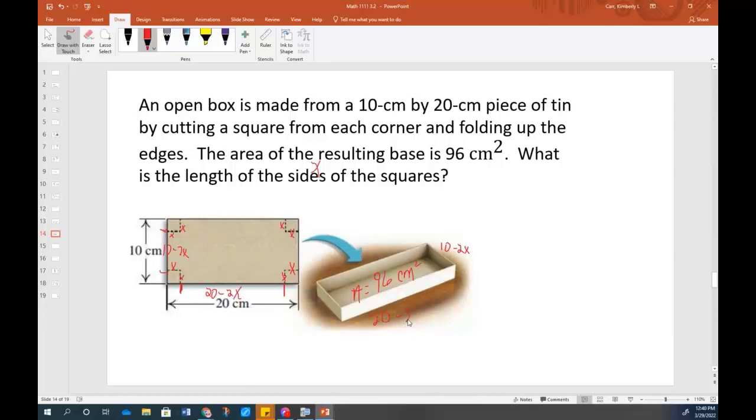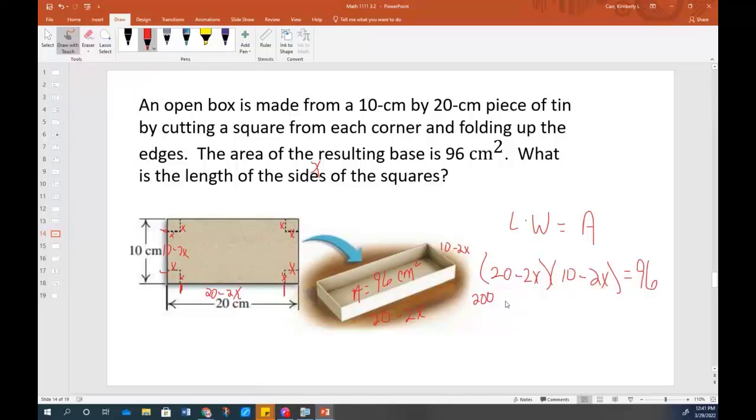We know that length times width is my area. And that means that I have 20 minus 2x times 10 minus 2x, that's my length times my width, to equal my 96. Now I need to solve this for x, but unfortunately I can't do it yet. I have to get this simplified, then get it equal to 0, and then solve. So there's actually several steps involved here. So first of all, if I simply FOIL it together,